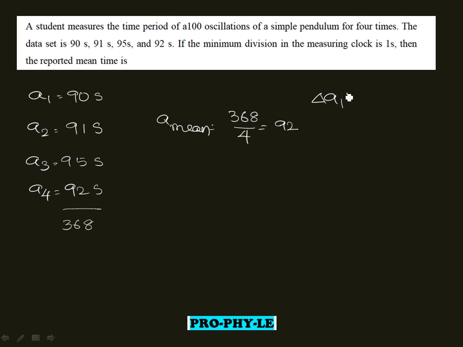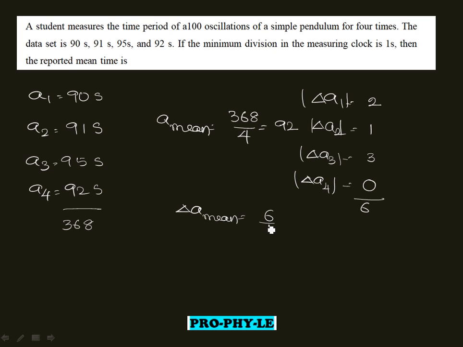So delta A1, its magnitude, will be 2, delta A2 its magnitude will be 1, delta A3 its magnitude will be 3 and delta A4 its magnitude will be 0. So delta A mean will be the sum of all these values, which is 6, divided by the 4 observed values. So this will be